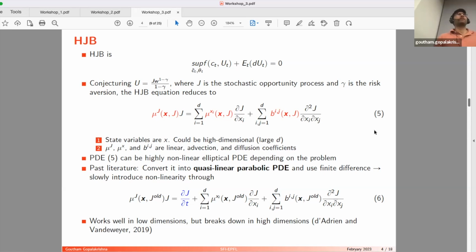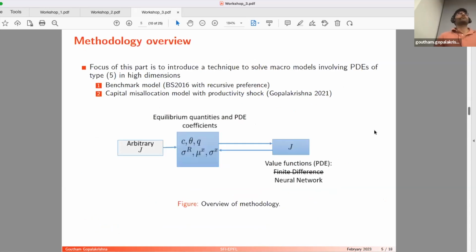I'll show you the overall methodology. This would also be very familiar if you know value function iteration. You start from some arbitrary value, you compute policies, you update your value, and so on and so forth until convergence. I'll show you how to embed what we learned in the first two parts